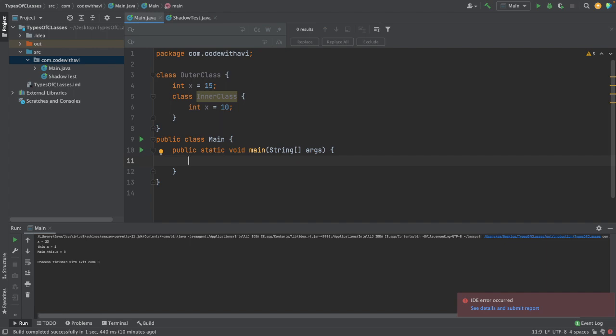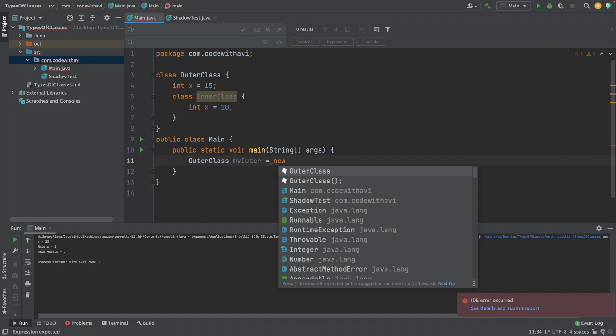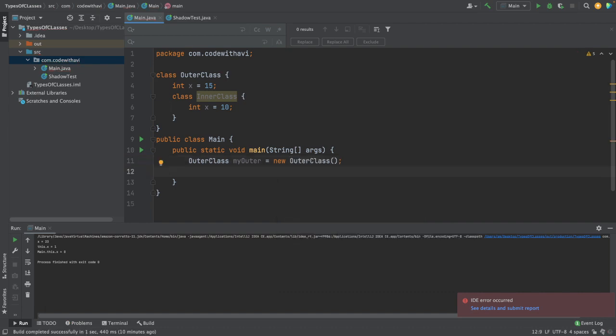Over here we will instantiate the outer class. Let us suppose OuterClass myOuter is equal to new OuterClass. In this way we instantiate the outer class. Now how do we instantiate the inner class? We can do it easily: OuterClass.InnerClass, because the inner class is inside the outer class. We have to declare myInner is equal to,